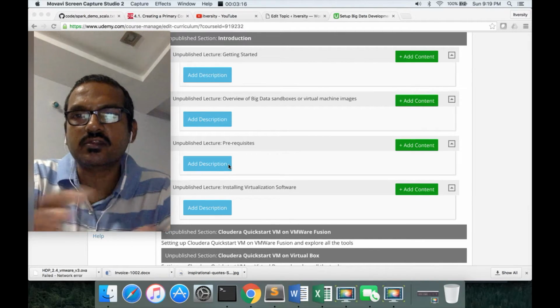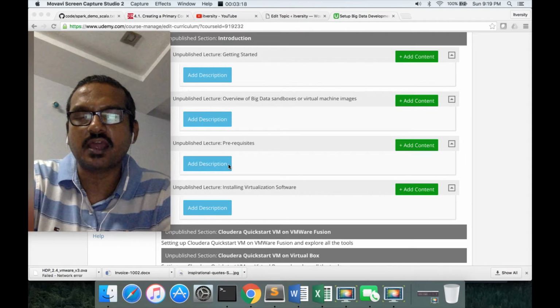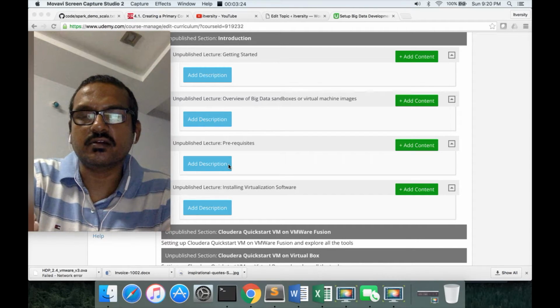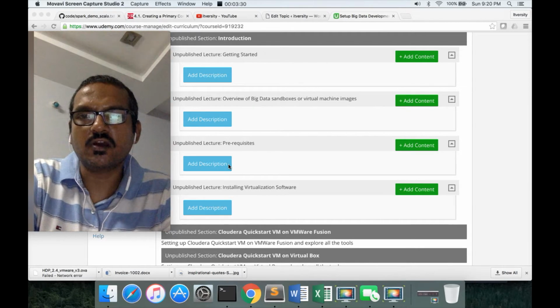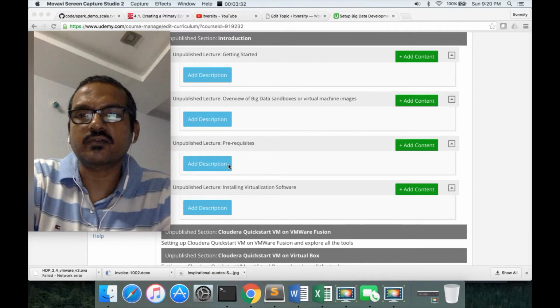I will cover both Cloudera as well as Hortonworks sandboxes, or virtual machine images, or quick start virtual machines. I will set up both the Hortonworks VM as well as the Cloudera quick start VM on Mac, and then we will review all the tools so that we can practice for other courses to become a big data developer or engineer.